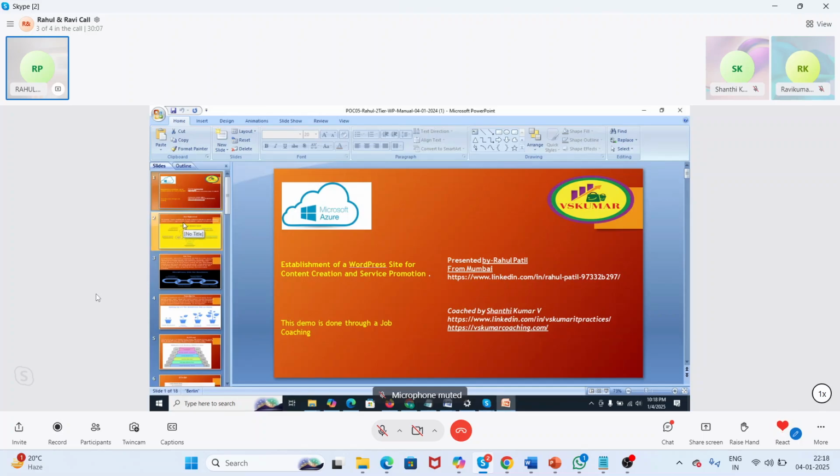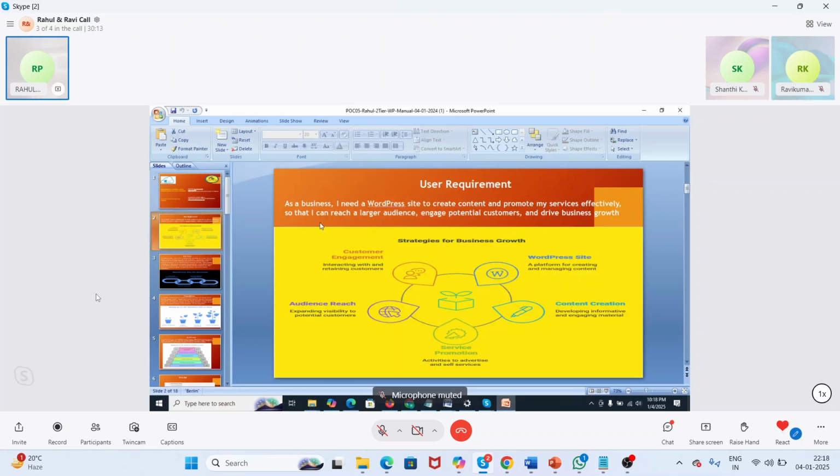The second slide is regarding the user requirements for our WordPress site. As a business, they need a WordPress site to create content and promote their service effectively, so that they can reach their audience and engage potential customers to drive business growth.